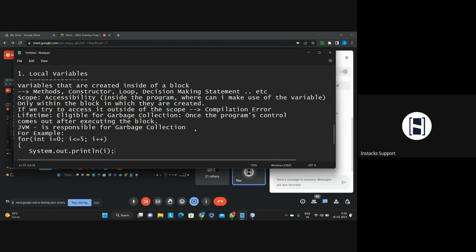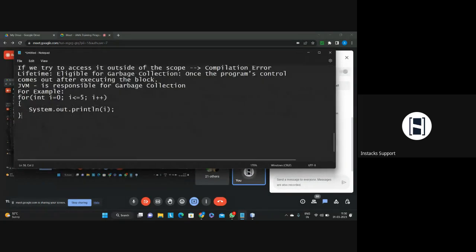I am printing the value of i. Now, this is my loop. So what will happen? Please understand. At the beginning of the loop, that is, the first time when the loop is running,